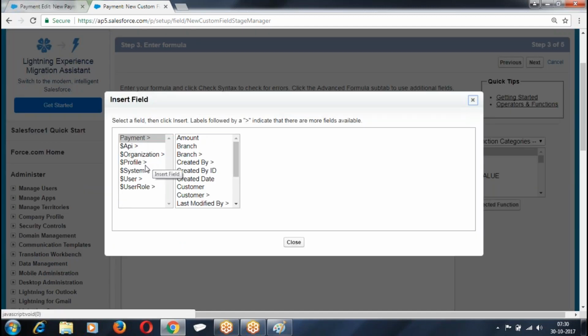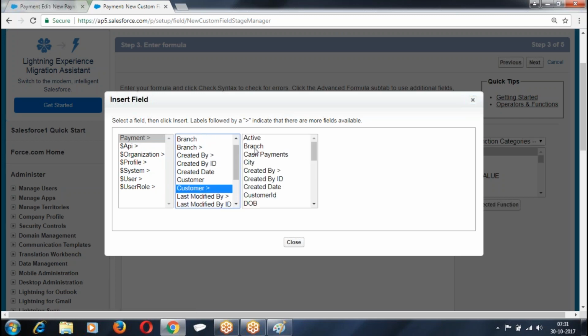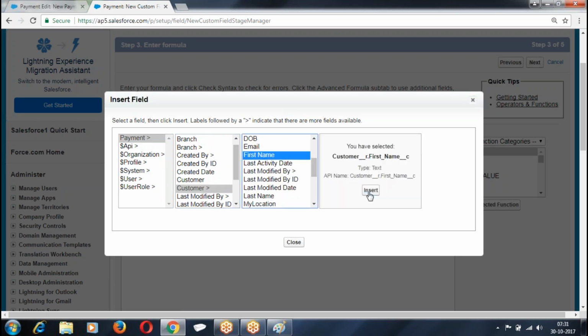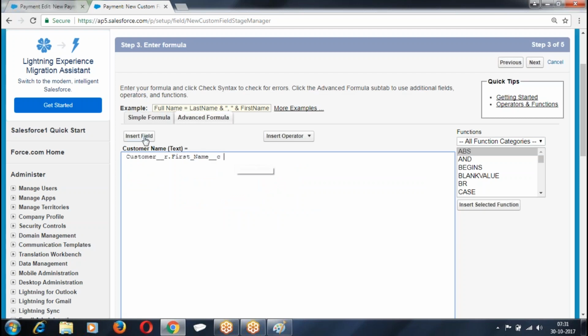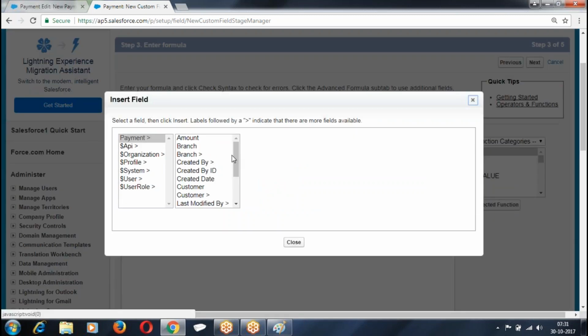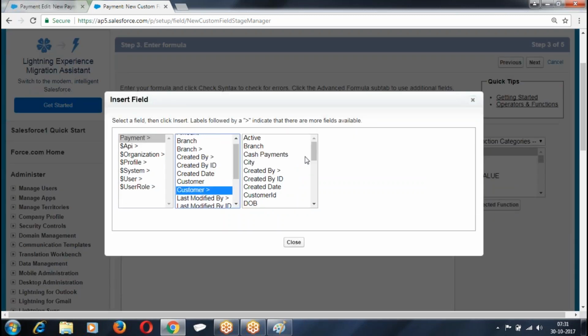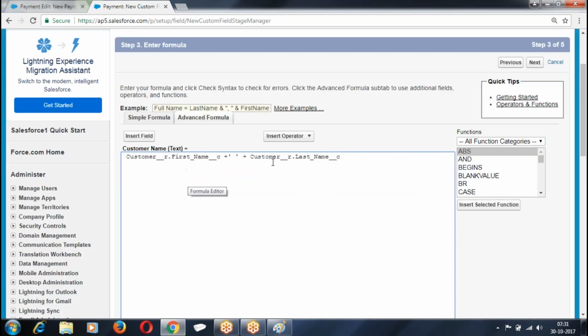Then we're going to take payment, customer, first name, followed by, yes, last name. So first name and last name.